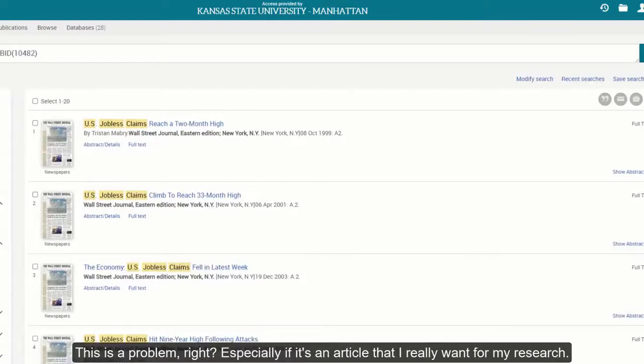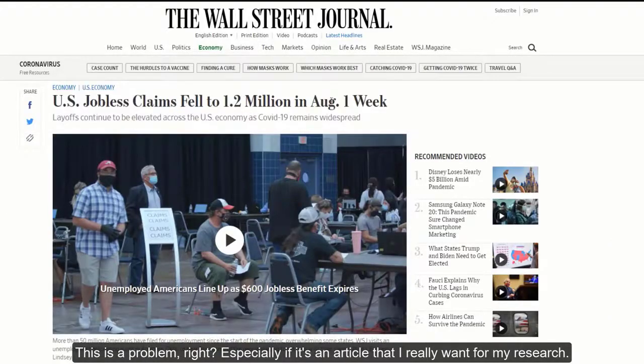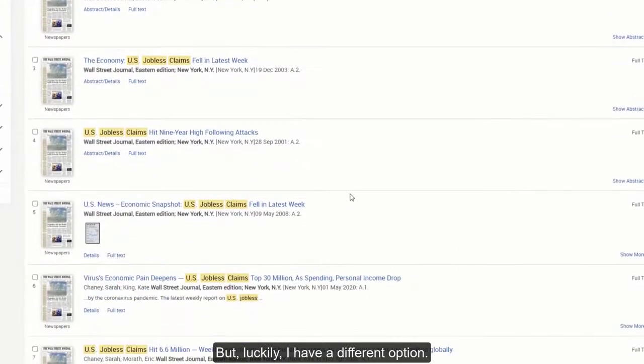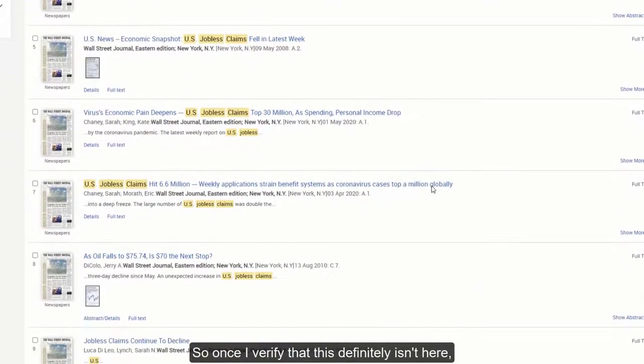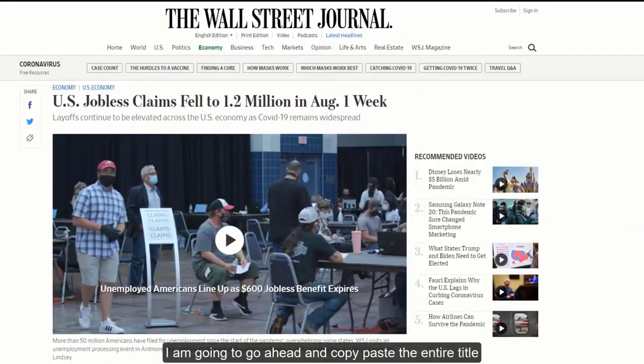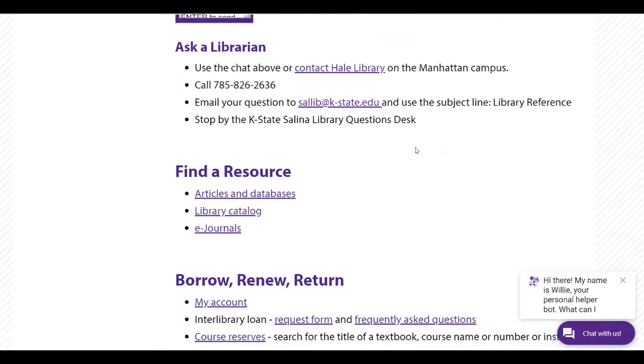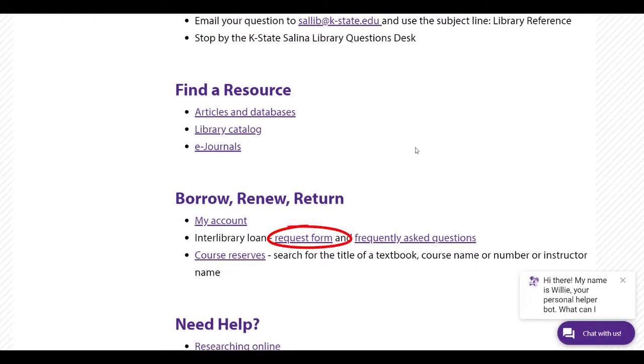This is a problem, right? Especially if it's an article that I really want for my research. But luckily, I have a different option. So once I verify that this definitely isn't here, I'm going to go ahead and copy paste the entire title. I'm going to go to Interlibrary Loan on the library page, click on Access to Interlibrary Services,